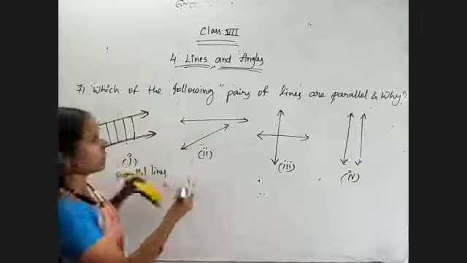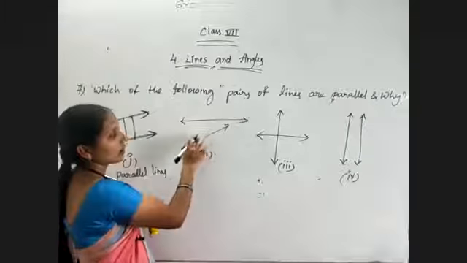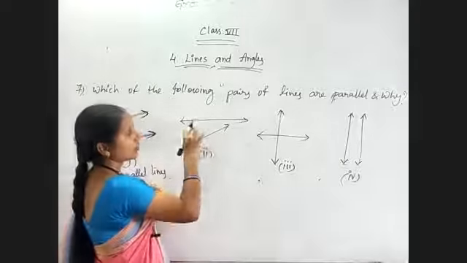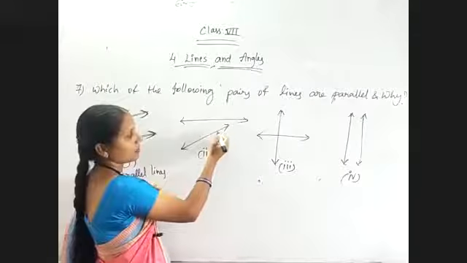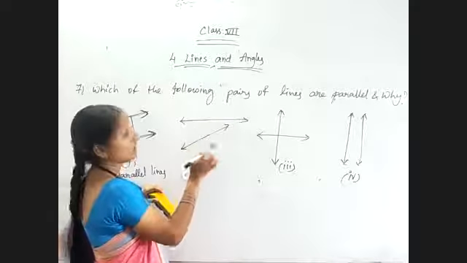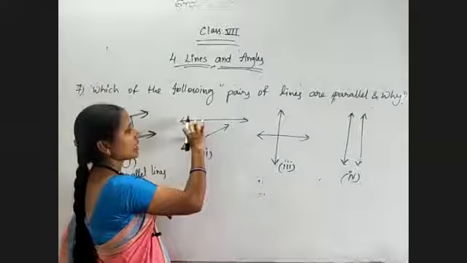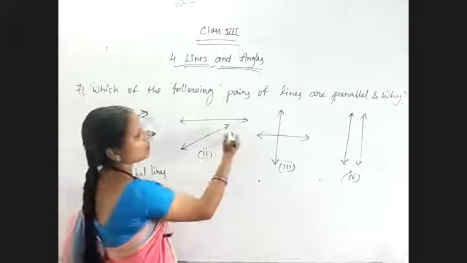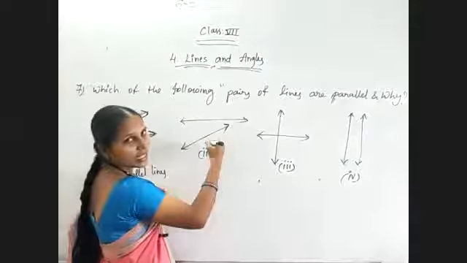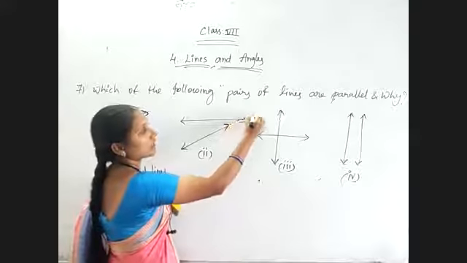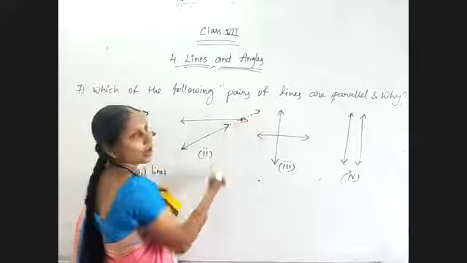And coming to the second one, observe this. What is my condition? They do not meet at any point. So by observing this picture, they are not meeting at any point. But are they maintaining equal distance at every point? No. Just observe, if the arrow is nothing but an extension, it is possible to extend, that is not ending there. So if I extend this line, they are meeting at one point.